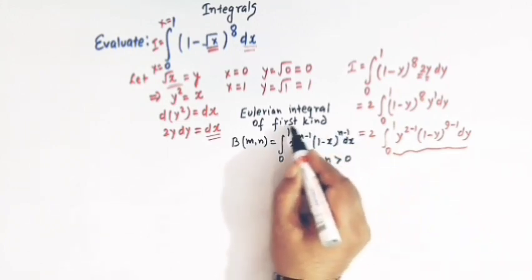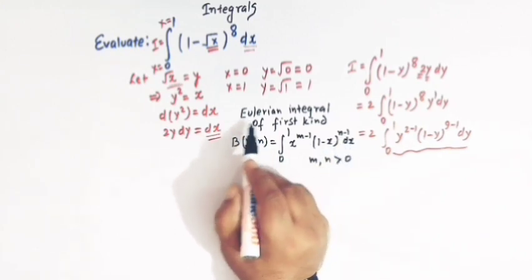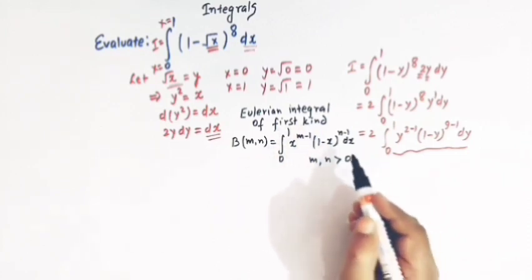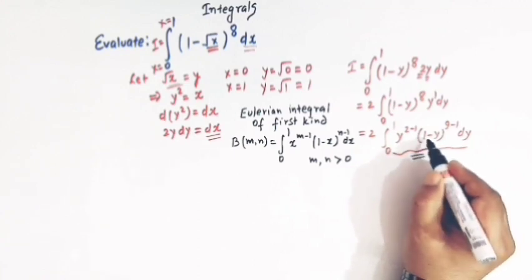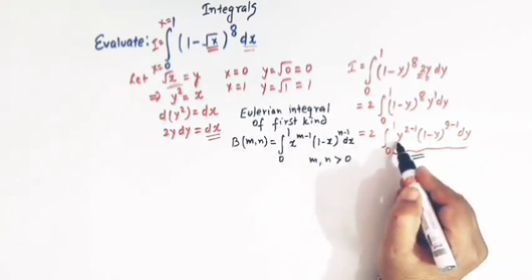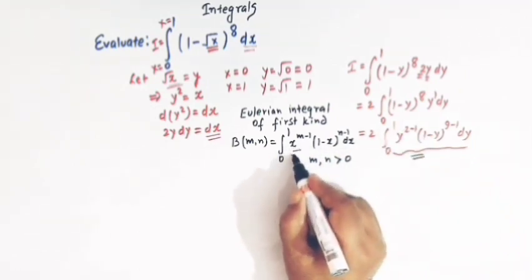So this integral is known as beta function, or the Eulerian integral of first kind. And here we see that this integral is similar to this one,